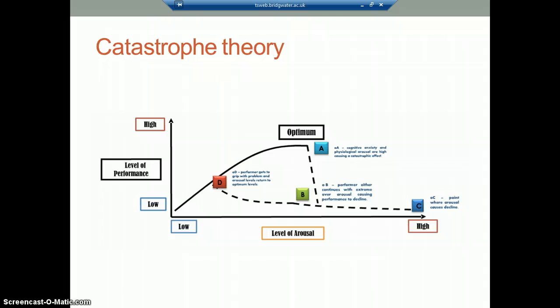Then looking at C, this is when the arousal is too high and your concentration is focusing on one thing, so your performance is low as well. But in this theory, as you can see at point D, you are able to recover yourself and restart when your arousal has gone down. This means your performance is building back up again. When you miss a shot or misplace a pass, you start to gain more anxiety because you think you will do it again, and this will lower your performance.